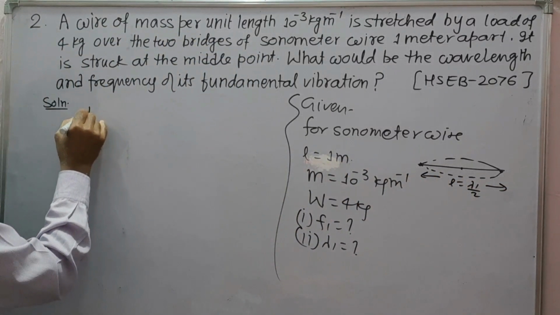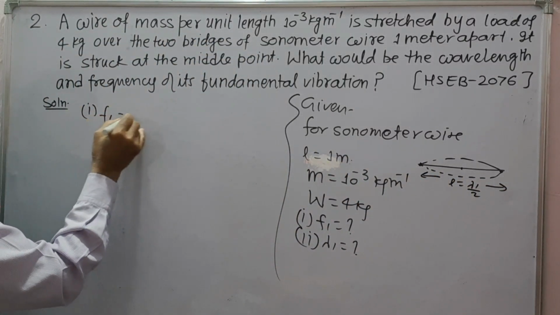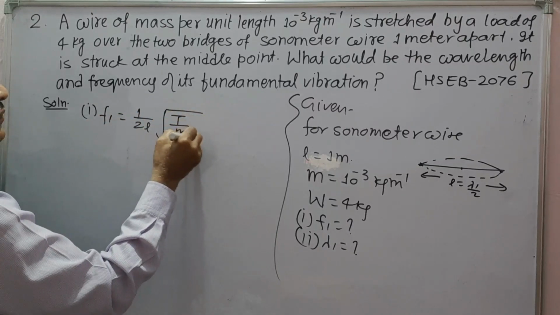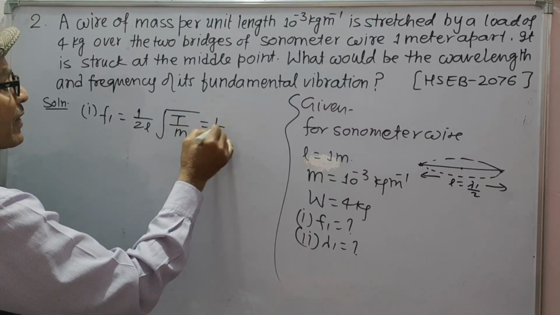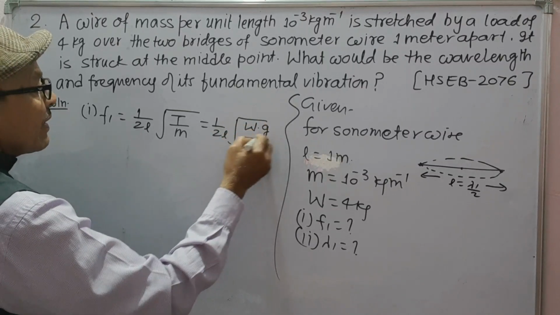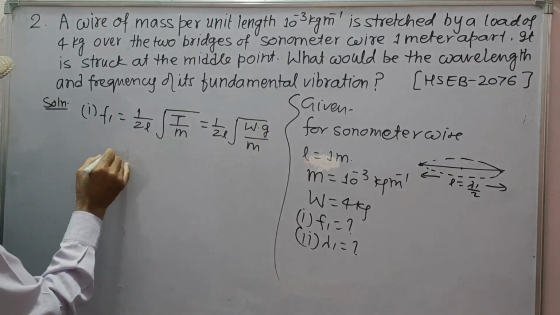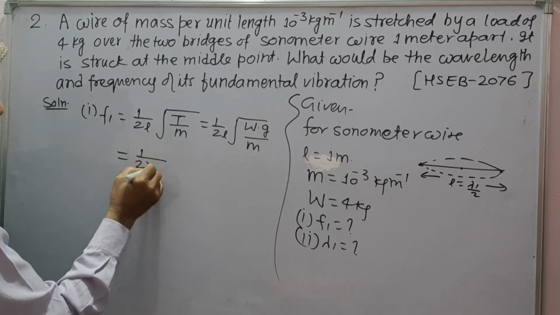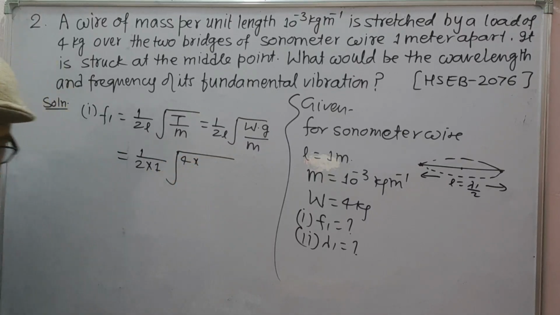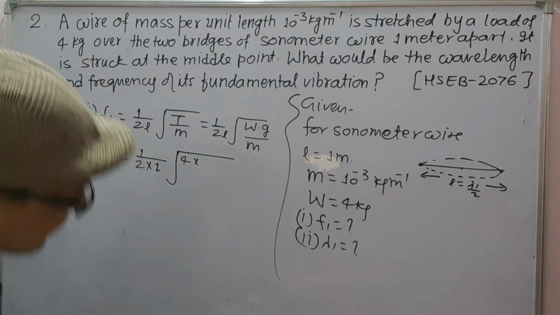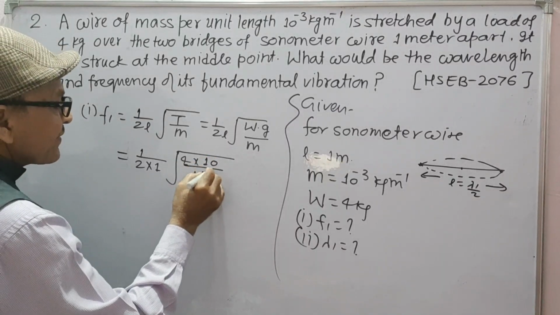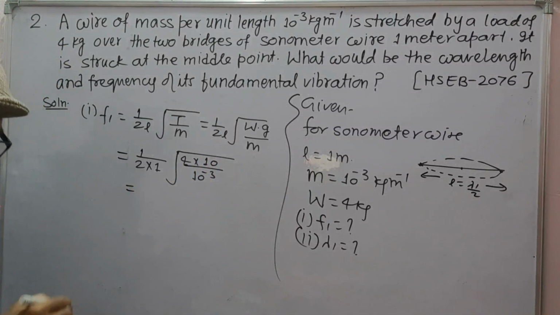Solution. First, F1 will be equal to 1 upon 2L under root T by M, which is 1 upon 2L under root T, and T means W into G upon M. Values are known: 1 upon 2 into 1, and 2. W is 4 and G is 10. M is 10 to the minus 3. We get